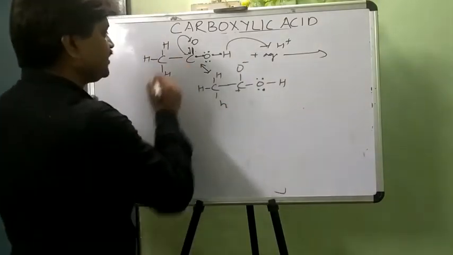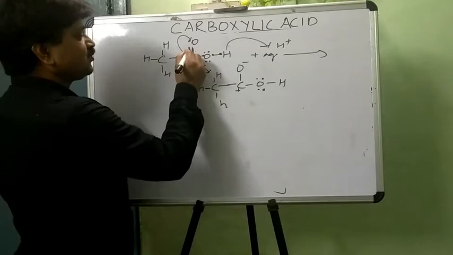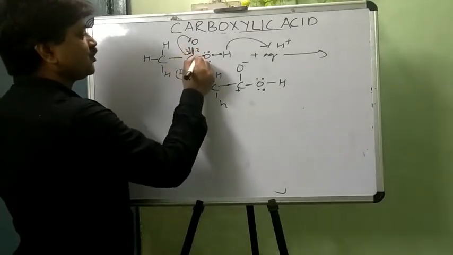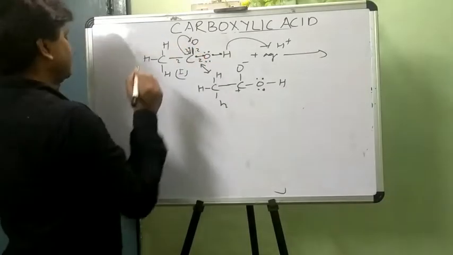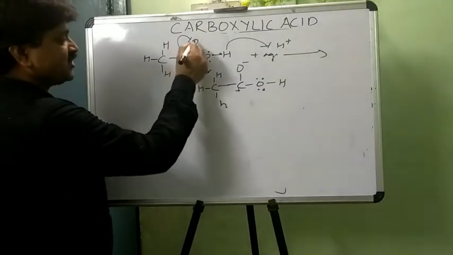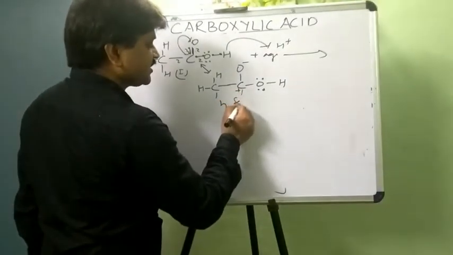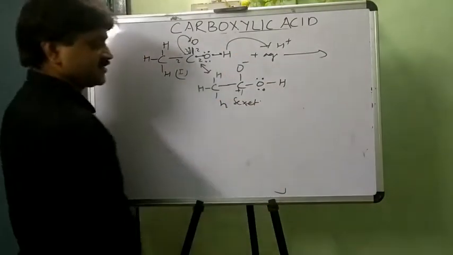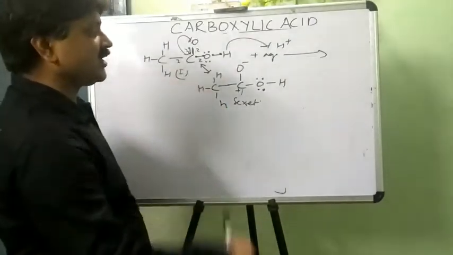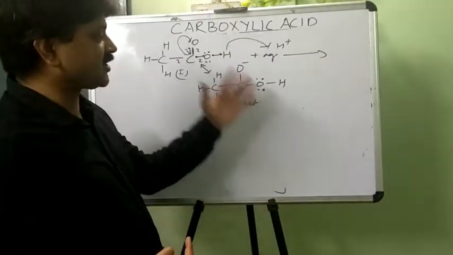So you will see here in the first structure, the valency of carbon is 1, 2, 3, 4, meaning 2, 4, 6, 8. Its octet is completed. But after releasing the pi electron toward the oxygen atom, the carbon becomes a 6-electron structure. 6 means it is short of 2 electrons for its octet structure. Now it needs 2 electrons to achieve its octet structure.